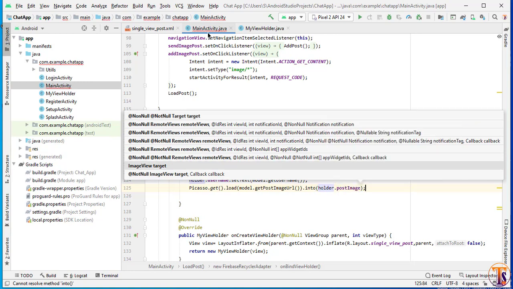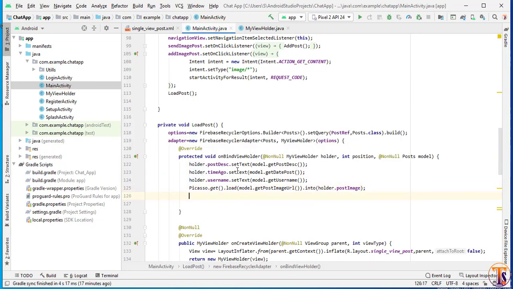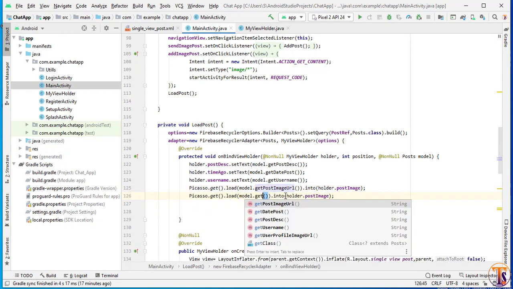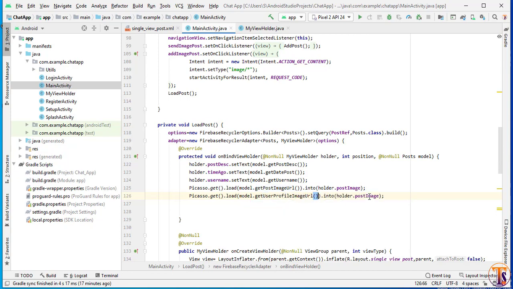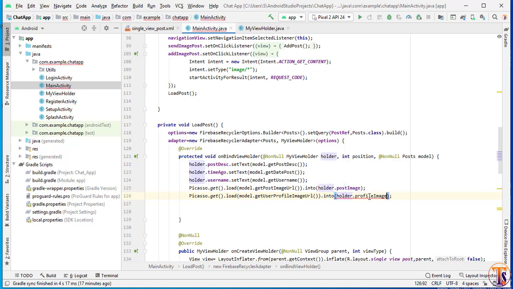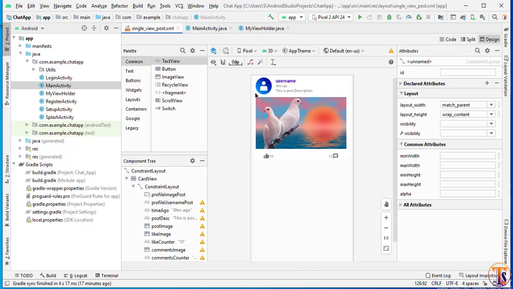post image. Okay, now duplicate this line and change this get profile image URL, and here we need to holder dot profile image. Okay, now we have only two images.